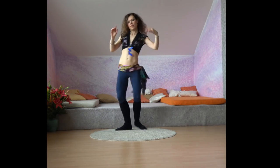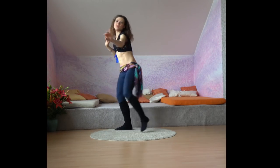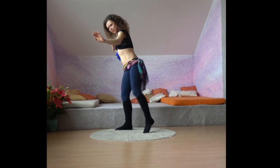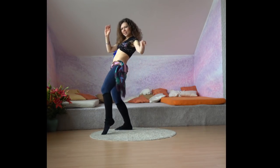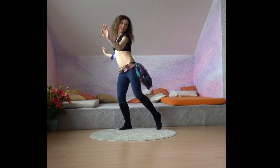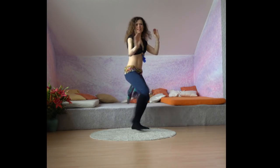Turn to the other side, stepping front and back, remembering to work that core, hitting with the hip up, nice and strong, and the variation, single, single, double, and single, single, double, two more times. Yeah, alright, so let's turn to the other side again, single, single, double, single, single, double, two more times on the side,